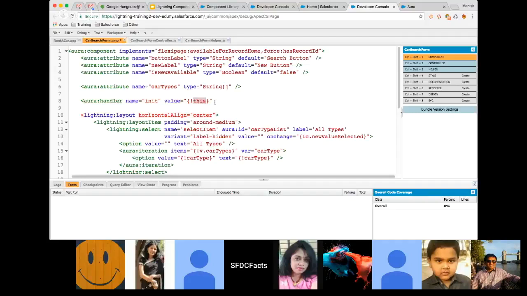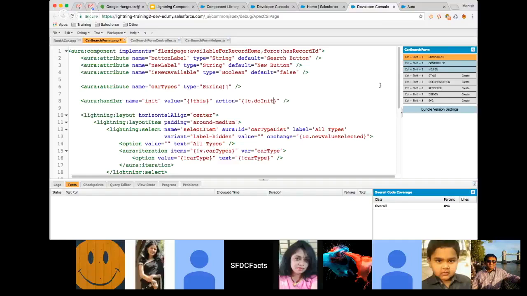I'm not sure if you can change it, but what I know is you should always use this one. You may want to check if this can be changed. So if you pass the value as this, it makes your handler a value event. That's it. And then you want to give an action as well here. So the action will define which JavaScript method you want to call on the init when the init event gets fired. So here, let's create a method doInit,